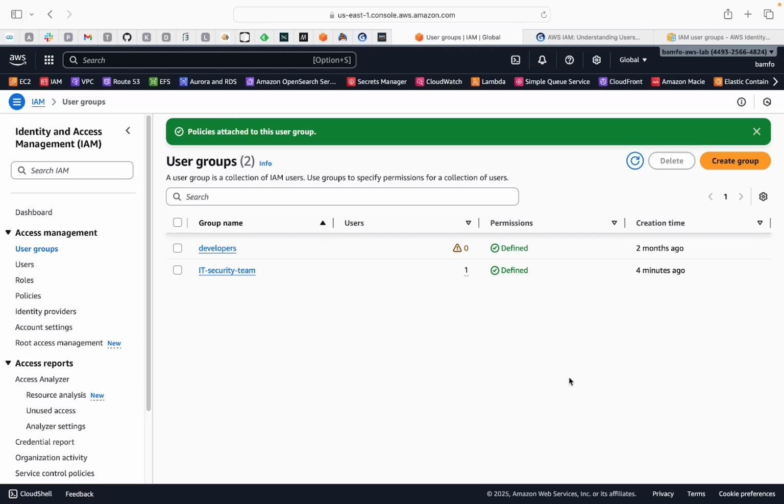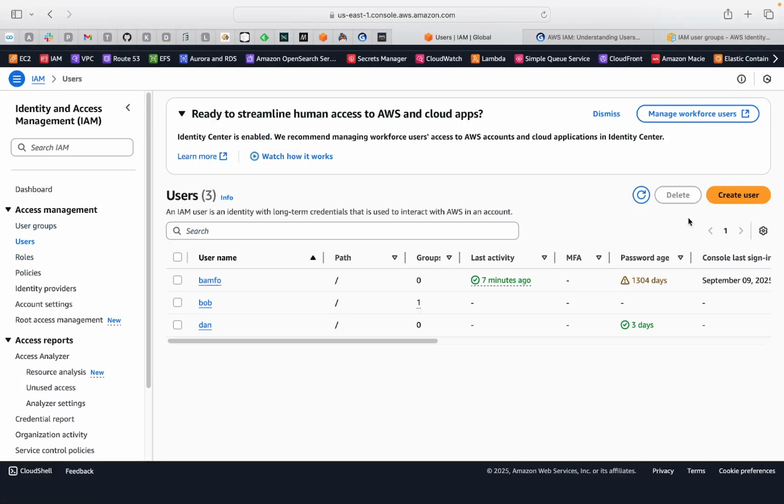It's better you manage your users at the group level. A collection of users is called a group, and therefore you attach a policy to the group. All the users that you add to the group will have access, in other words inherit the permission attached to the group. So what we want to do, a quick one, is there's another user you want to add. He's just a new person joining the company and is part of the IT team. You're going to create a user,